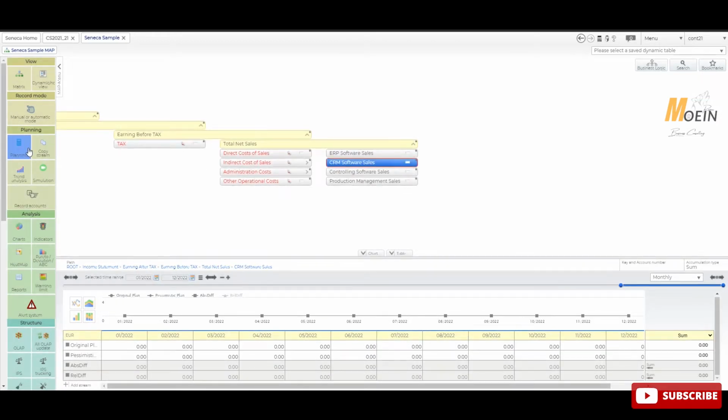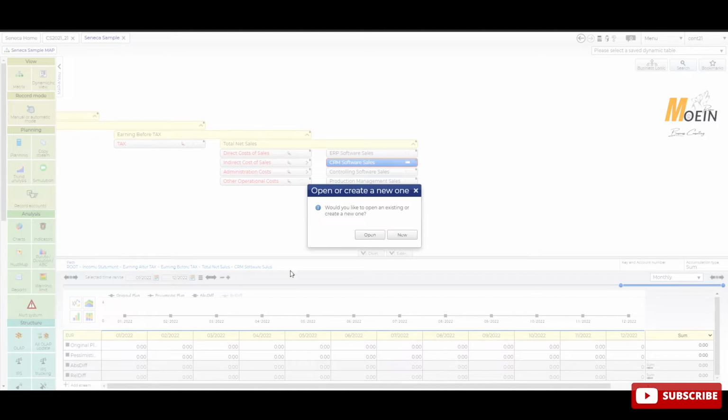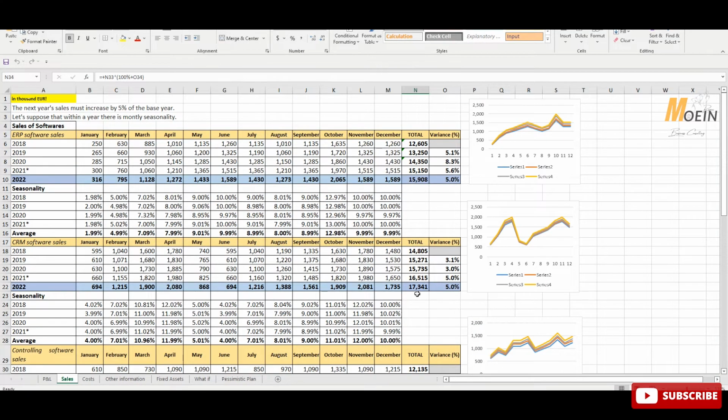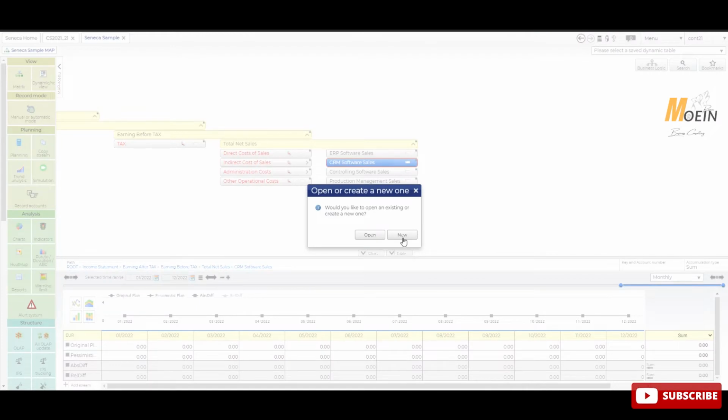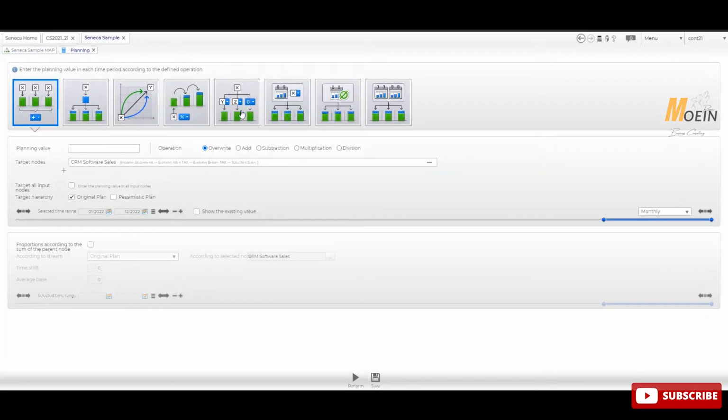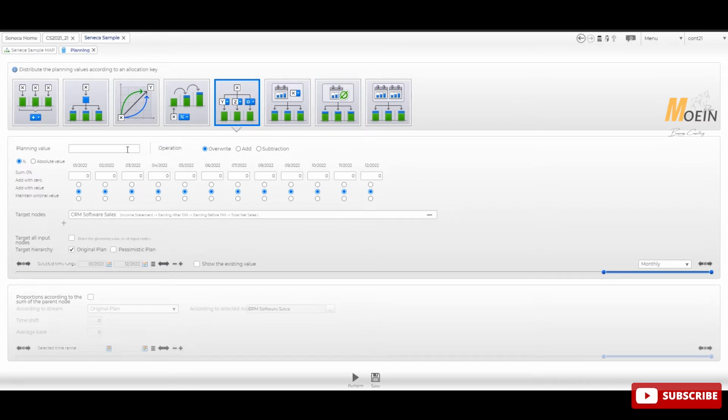Now we are going to change it also for the CRM, which is, let's go back, 17,000. These numbers are by millions, and we divide them by 1,000. So this is 15,341,000 euros, for example. And now we have to open a new one. Again, because it's a distribution, we are selecting this one, 17,341, and we have to write 4, 7, no, it's not working, 4, 7,